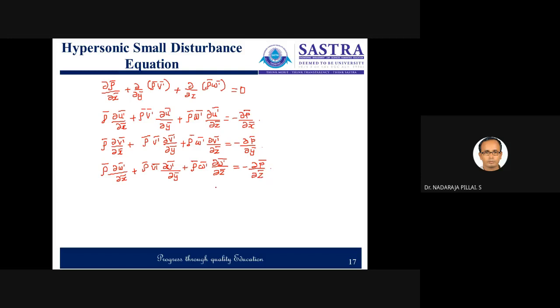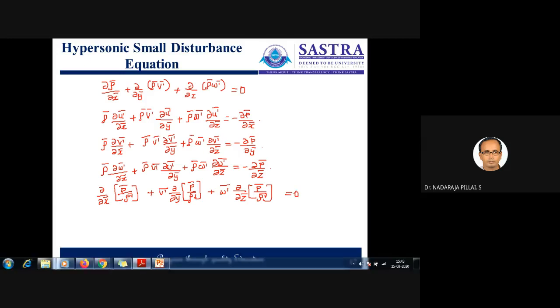Again, that final equation, the energy equation, we can write in terms of dou by dou x bar into p bar by rho bar gamma bar, plus v dash bar into dou by dou y of p bar by rho bar gamma bar, plus w dash bar into dou by dou z of p bar by rho bar gamma bar, is equal to 0, right?